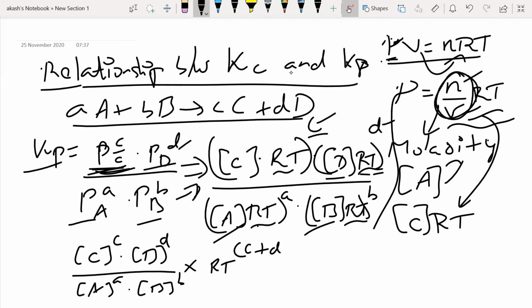Correct, right? Now again, what you have here is basically A and B has to be multiplied. But when I go for denominator and numerator powers, they have to be subtracted, right? So RT power C plus D minus of A plus B. This is exactly how I write it. Here C, D, A, B, all these are stoichiometric coefficients. Small a, small b, small c, small d, all these are stoichiometric coefficients. I hope you understand how this came and how this came, right?